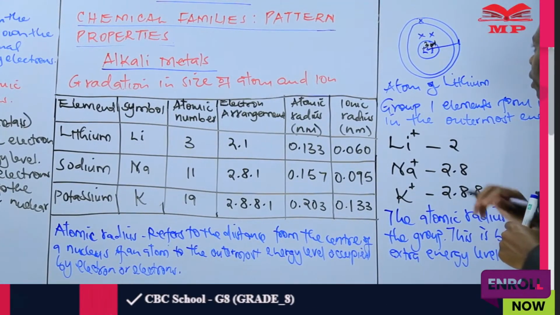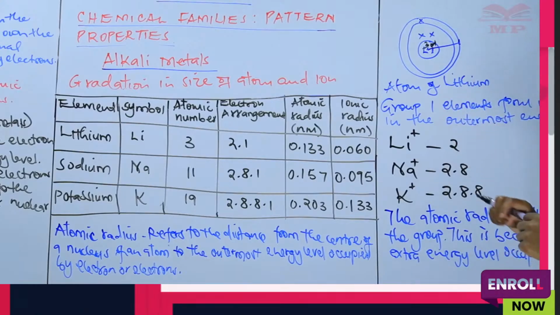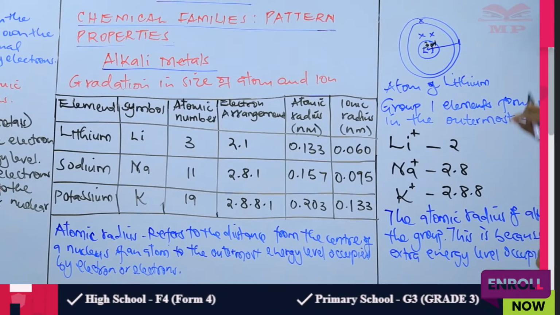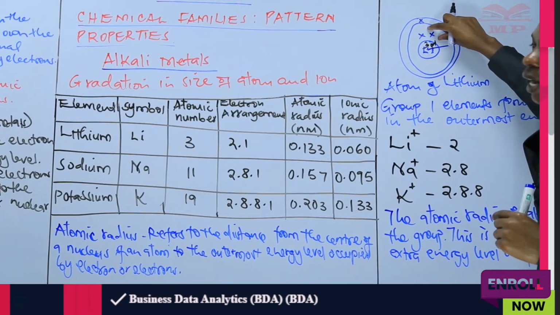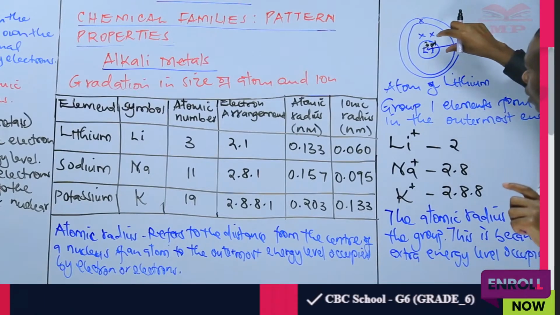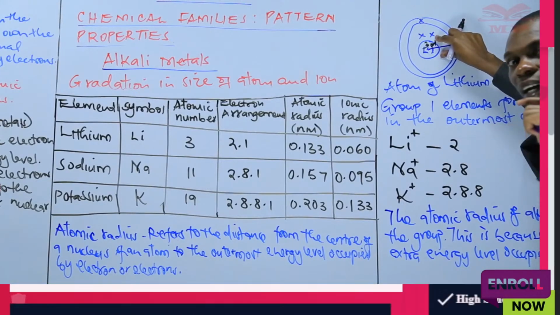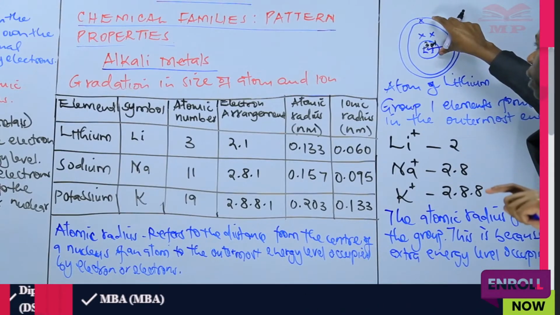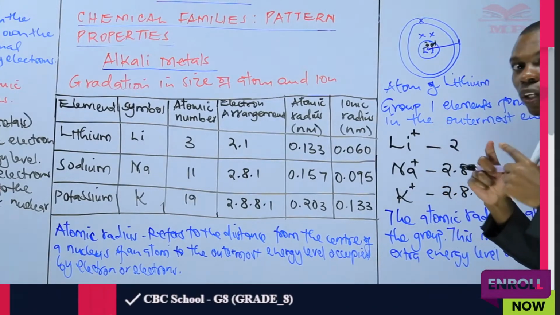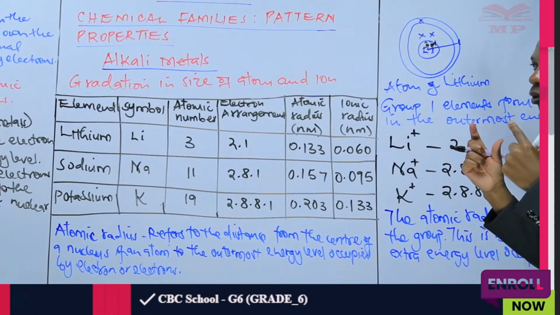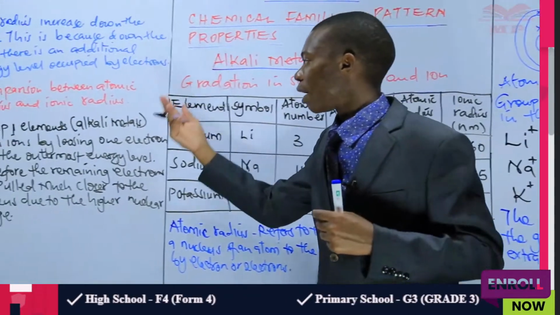in that nucleus. So these 3 protons, which are positively charged, are pulling the 3 electrons in the energy levels. If one electron is lost during ion formation, then 2 electrons are remaining. Therefore, the force with which the 3 protons pull 2 electrons is higher than the force used to pull the 3 electrons. So the 2 electrons are pulled much closer than the 3 electrons. And that's why we are saying that group 1 elements form ions by losing one electron